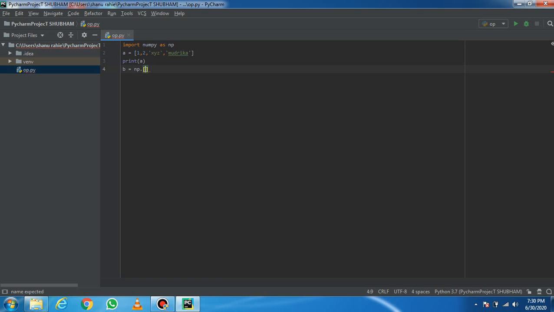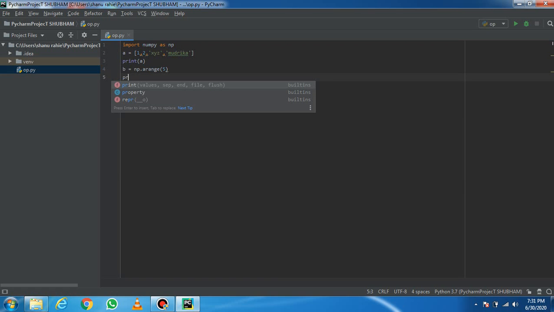To store elements you have to put square brackets. Now let us take arange. Okay, the arange method. This will give you a simple series. For example, if I type 5, it will take 0, 1, 2, 3, 4. These 5 elements will get stored in your NumPy array. I hope this is clear to you.